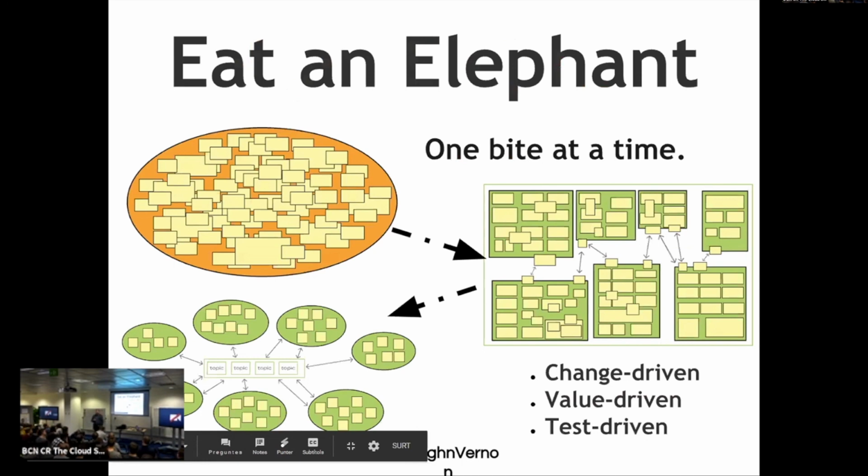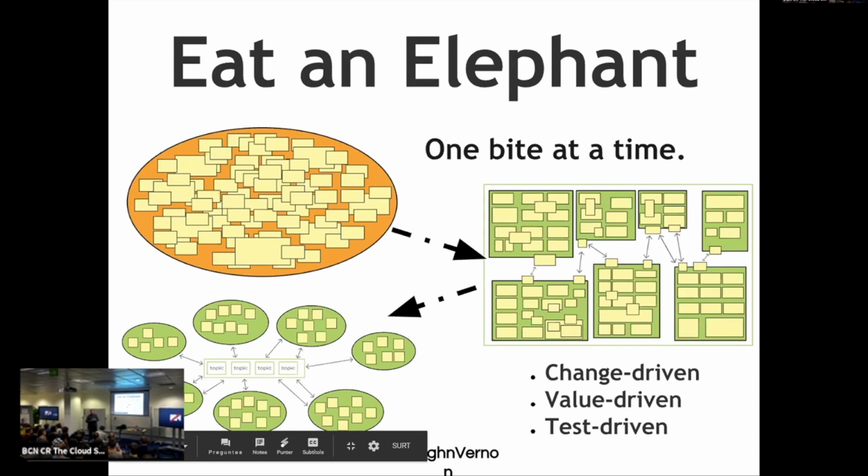And then, how do we deal with the big ball of mud? How do we get it to a modularized condition so that we can do this? So if you're going to eat an elephant, how do you eat an elephant? One bite at a time, right? Which means that if you use a value-driven approach, when there's a request to make a change in this software, we can start eating the elephant by putting some tests around things, putting some modules around things, as in packaging or namespaces and the like.